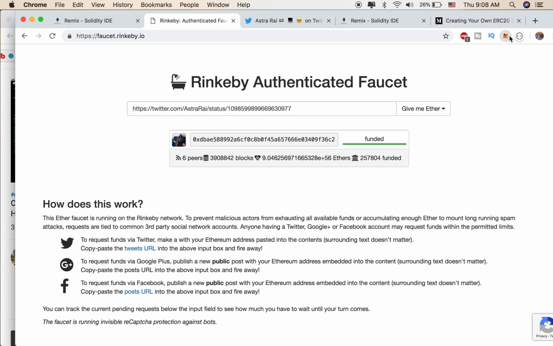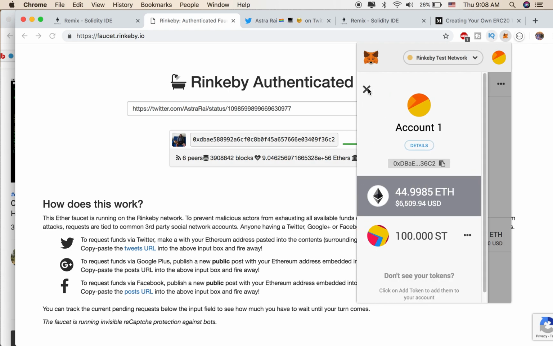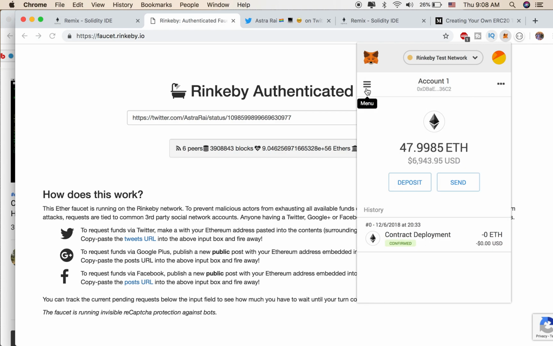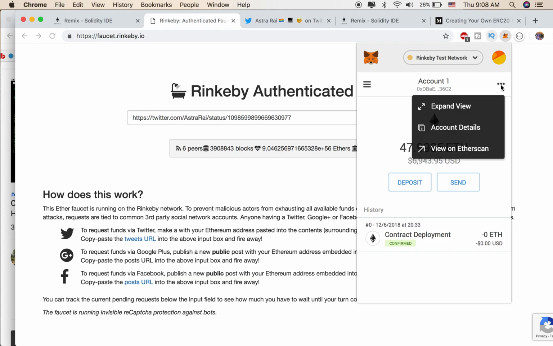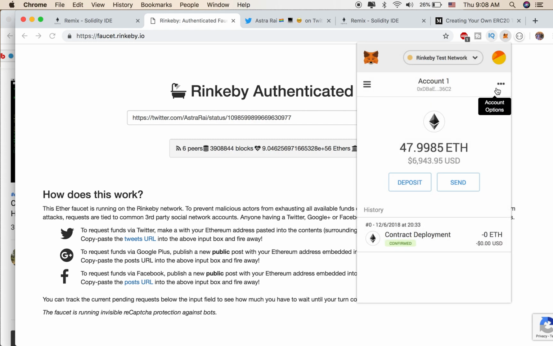Here we go. I got my money. And that's that. I probably should have done like a before and after of how much I had before I did this, but sorry about that, people. But maybe we can go to account details and look at the history. Not at all. So, anyway,